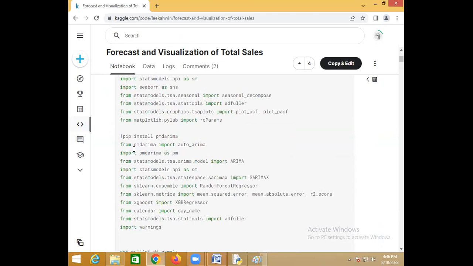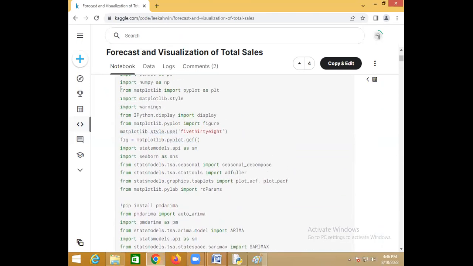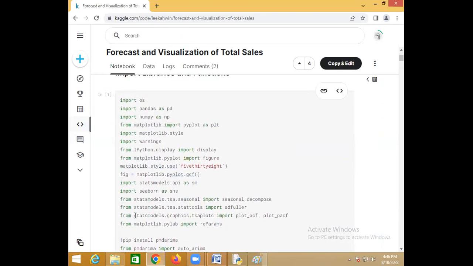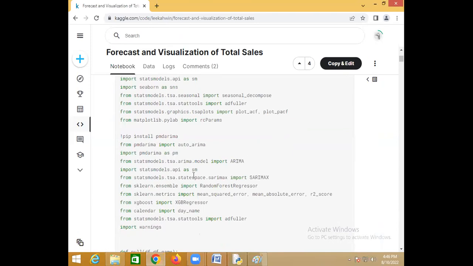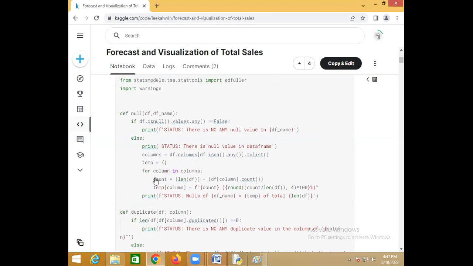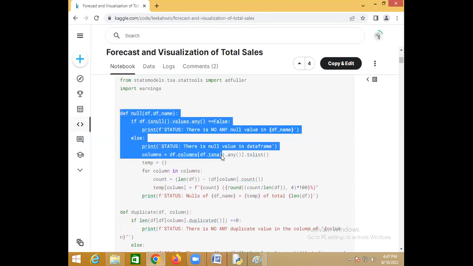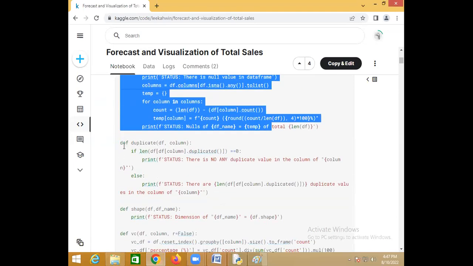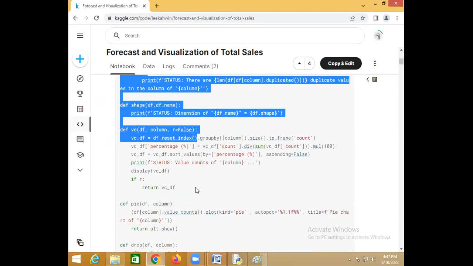see how many libraries are imported here. So many libraries, right? So many libraries are imported because everything is predefined. So you don't require to write many lines. See, these are some functions. Some functions are written, right? But not many lines.